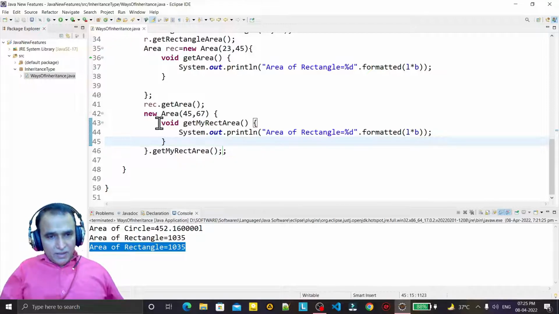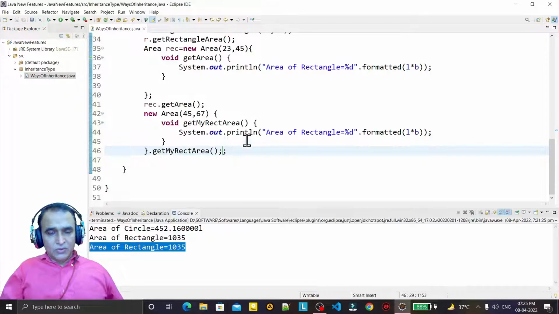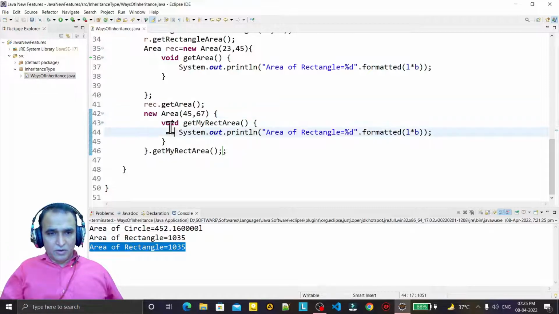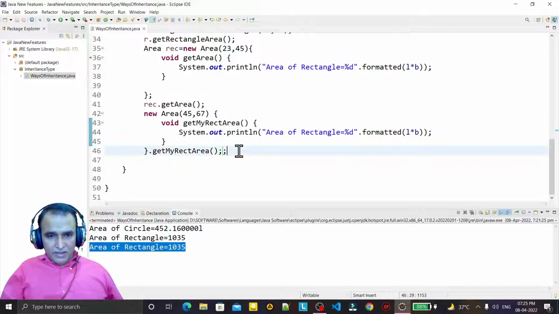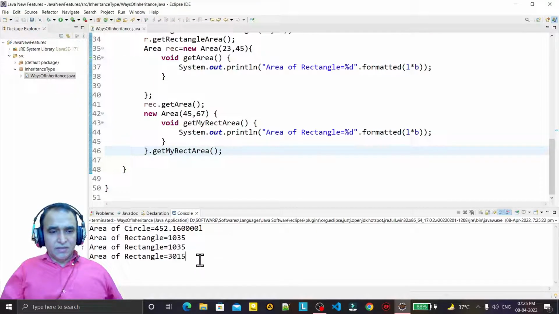So here I am creating this function and I am accessing this function here. I am just calling a constructor, creating an object, and creating a new method to calculate the area, and I'm calling this also here, and I try to run it, and you will see that we are getting the same output.